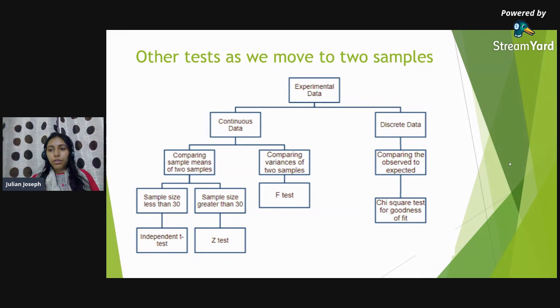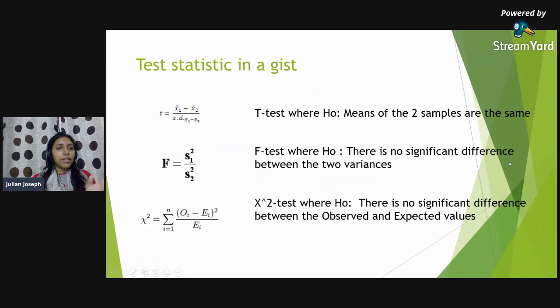So if I were to show you a quick example on how we are finding out the formulas, the t-test is usually done when you have a sample size less than 30. It's a very small sample. You are going to have a null hypothesis that says the mean of the two samples are the same. So that means x1 is equal to x2. If that is H0, then Ha is that the means of these two samples are different. That's why t is calculated as x1 minus x2, and then you have the standard deviation being calculated.